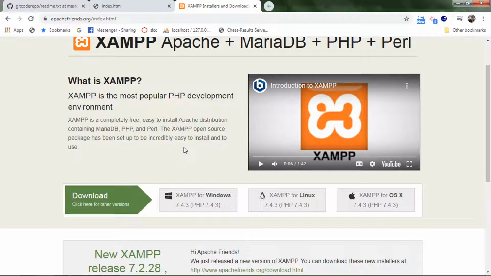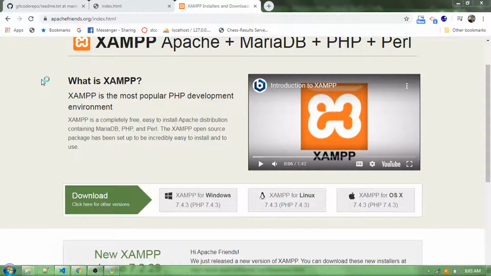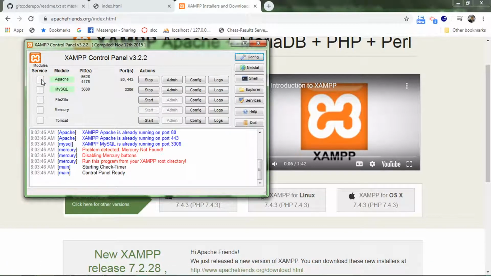Once you install this on your computer, you will get a control panel. So when you go to your start menu, you can search with the term XAMPP control. When I click on this XAMPP control, you will be able to see a small window appears with some controllers. You can see there's a version also mentioned. I'm using version 3.2.2,